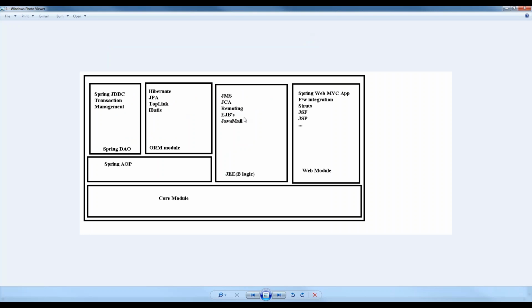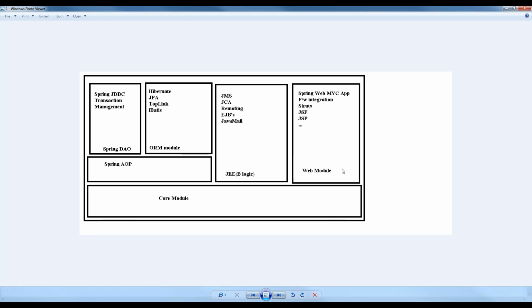Count them here: nearly 6 modules. Actually this is Spring 2.x, not 1.x. Spring 1.x had 7 modules, with Spring Web and Spring MVC separate. But in Spring 2.x we have both together as one module.